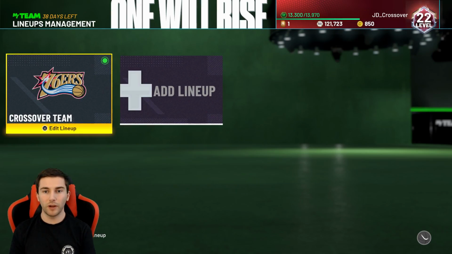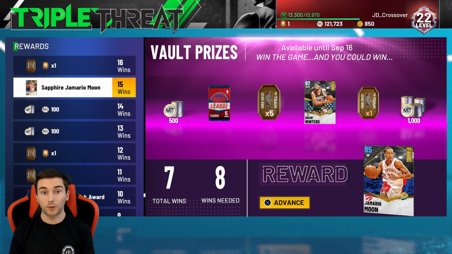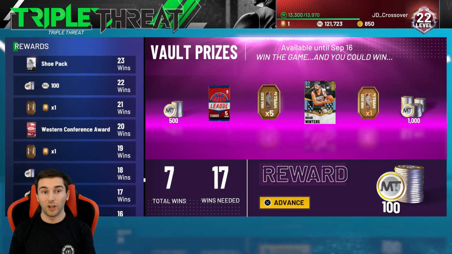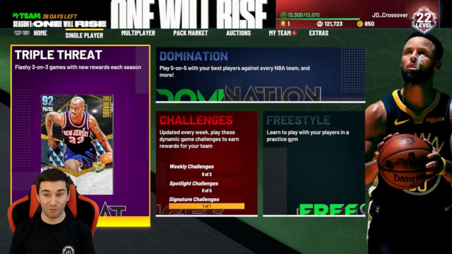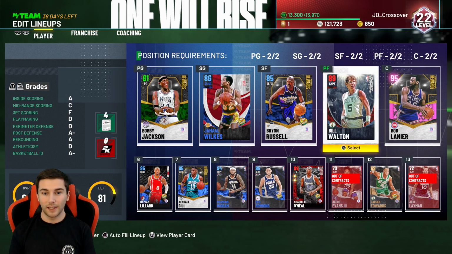And then next up, I think we're actually going to aim for triple threat offline, and we're going to aim for 15 wins, which is going to get us his Sapphire Jamario Moon, because we might as well get him now before he gets completely irrelevant. Like, he's only going to be usable for a little while, so we might as well get him as soon as we can. And then the next player up for us is Ruby Kenny Walker. And I'm not going to lie, haven't really heard anything about that card, so I don't think he's very good. So our squad will look like...